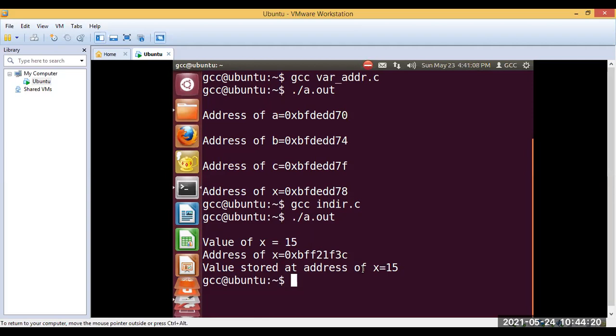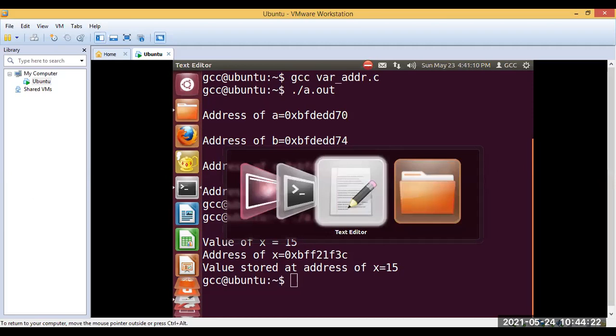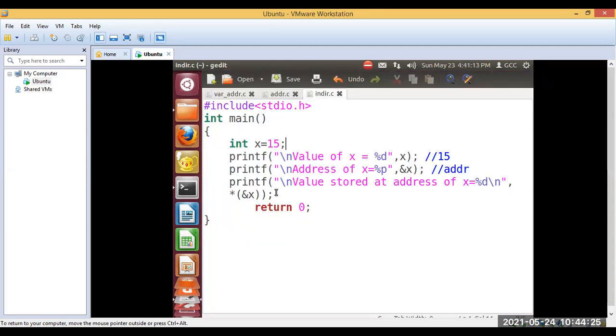So how do we do that? Have a look once again here in the program. This is the statement. With the help of asterisk, I'm going to get the value. Remember that. And with the help of ampersand, I will be getting the addresses. So a combination of this will give me what? It is going to give me the value which is stored at that address. So if I have to make you understand, I'll write what asterisk does. So asterisk here is going to give me the value.